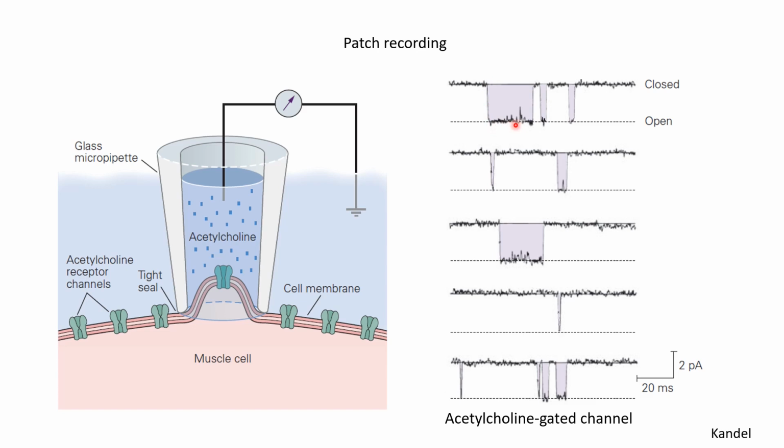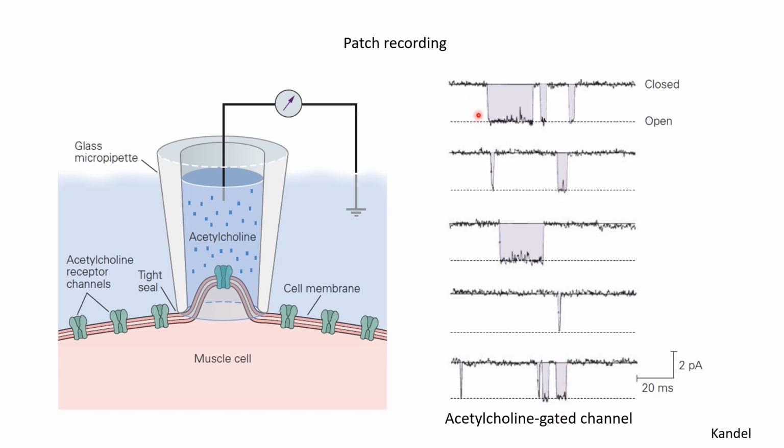So there will be some positive or negative current depending on the membrane potential. So in this particular case, whenever the channel opens, there is negative deflection in the current, and this tells us that the channel is open for this time. So it may remain open for a few milliseconds. This is the time scale here, and then it can close again, and then it can open again. So if you record multiple traces, you see it opening and closing at different times.